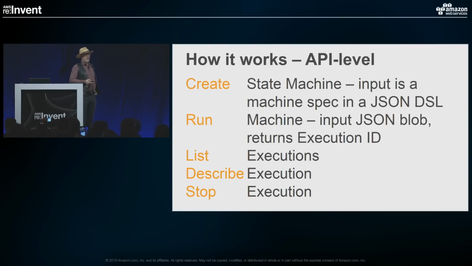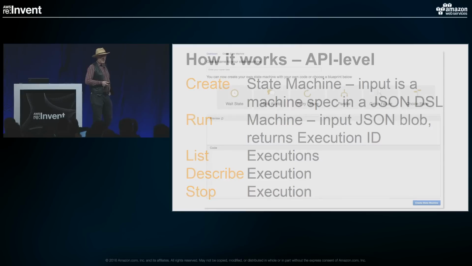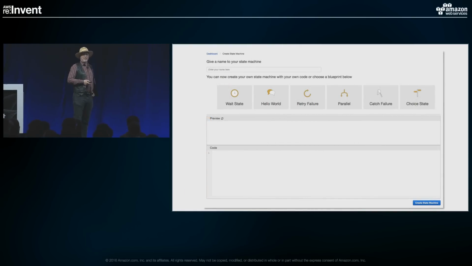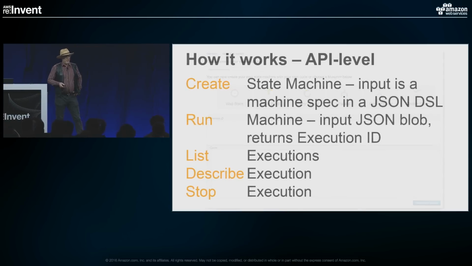So the first thing you do is create a state machine, which you define in JSON DSL. Let's take a quick side trip over to the console. And so here's the create state machine screen. And you can see that it's got a bunch of blueprints, just like Lambda. So there's a bunch of pre-cooked state machines that you can take and edit. Going back to the API,